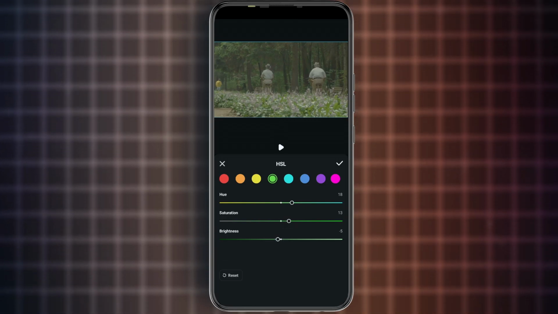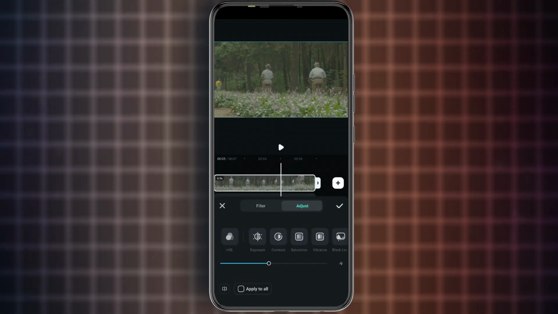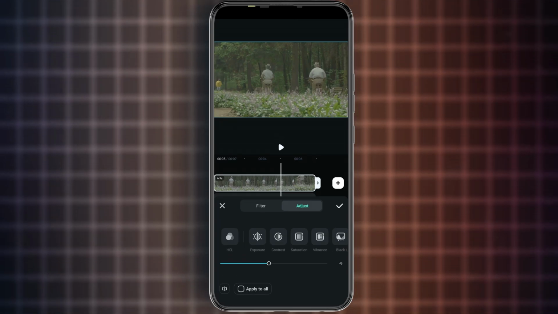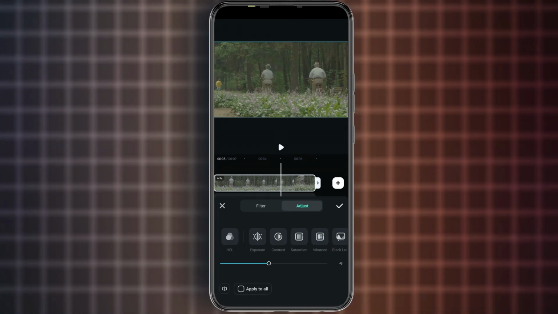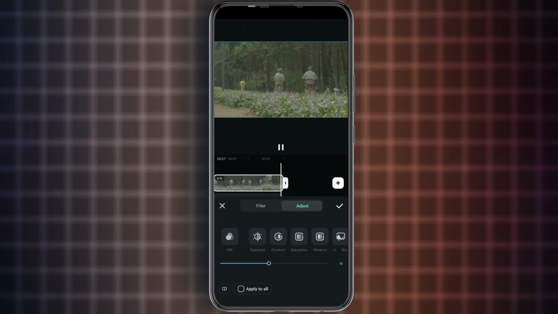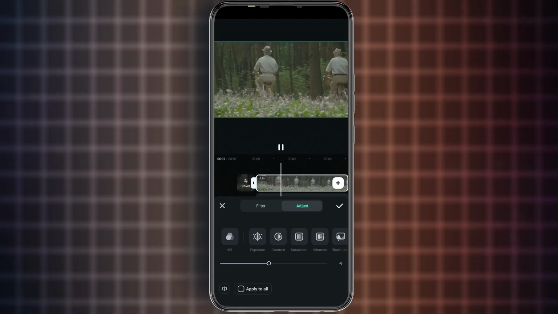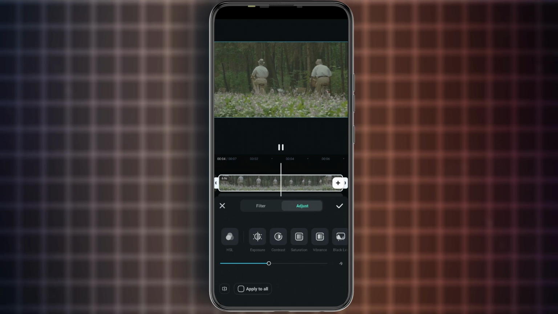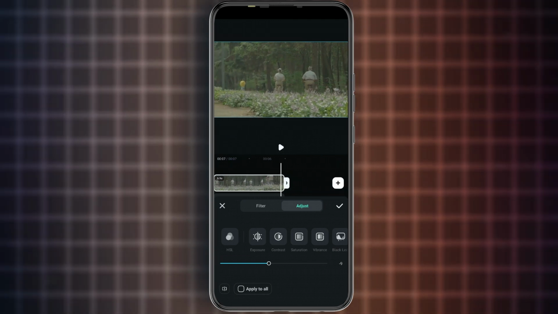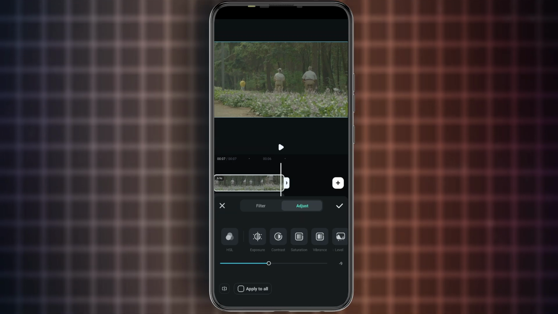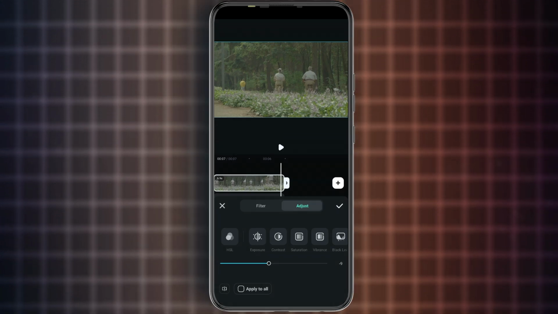Now, once that is done, my dear friend, we can say this is now natural. But that's just the color correction, which is the very first step. Now, how are you exactly going to give a vibe, that unique taste, the way you want your videos to look like? Even though we do not have the color wheels and the curves right now in this mobile version that we have of Filmora,